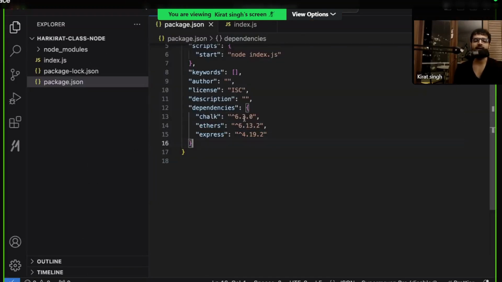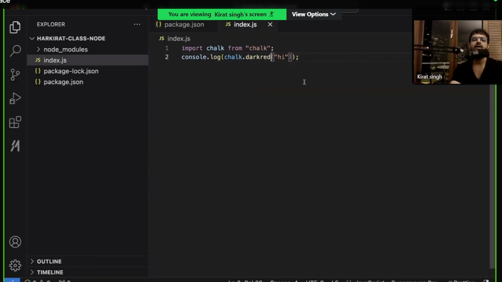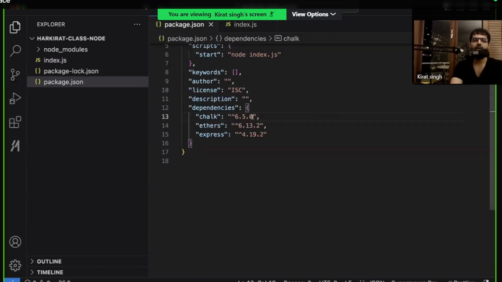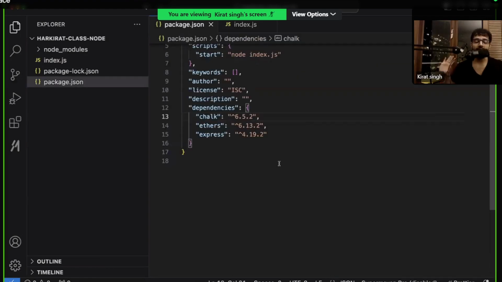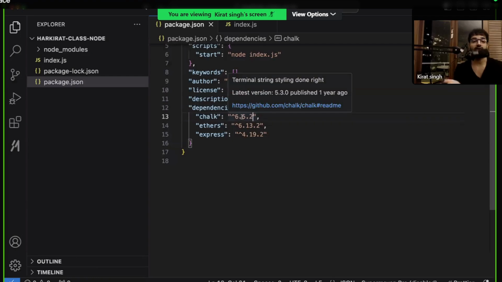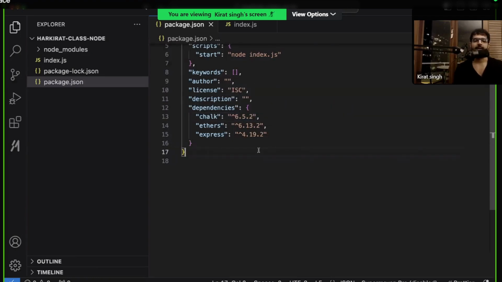If you are updating the minor version, say from 4 to 5, you don't have to worry about the code. It can look exactly the same. It will work, hopefully, depending on the developer of the library. The developer might only bump up the patch version but still have some breaking changes. So you can hope the developer does not add breaking changes when bumping up the minor or patch version, but you never know. It depends on the maintainer of the library. It is hoped that this will be a backward compatible change, but it might happen that the developer makes a breaking change.